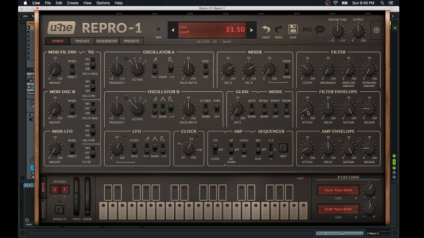I'm going to bring the cutoff way, way down to about 4.5, 4. Resonance up a good amount to about 33. Again, does not have to be exact, just general ballpark. The envelope amount, I want it to open up a little bit, but I don't want it to come all the way through. So we'll get to about 55. And keyboard amount, I found it was opening too much at its default, so I think I left it at like 35. So now we have something that sounds like this,